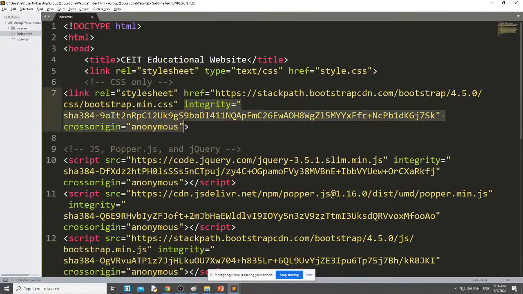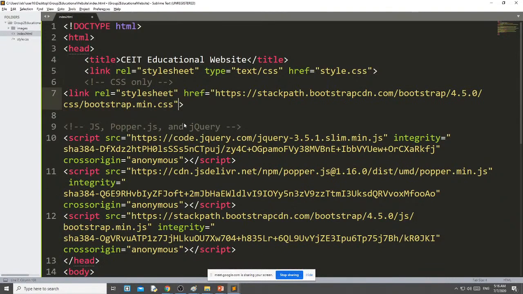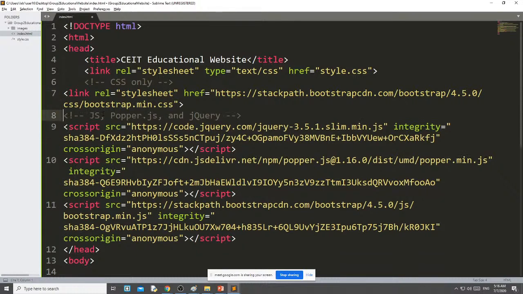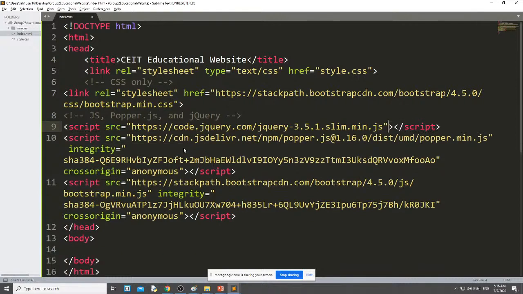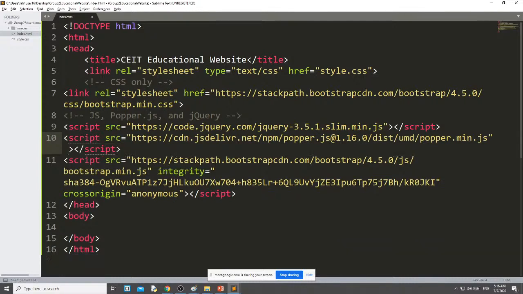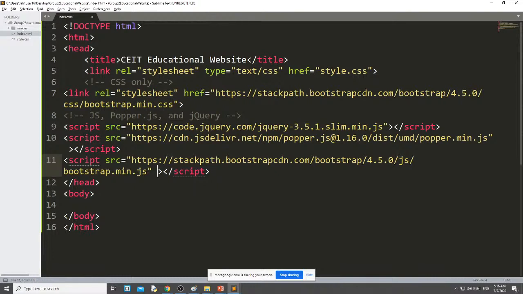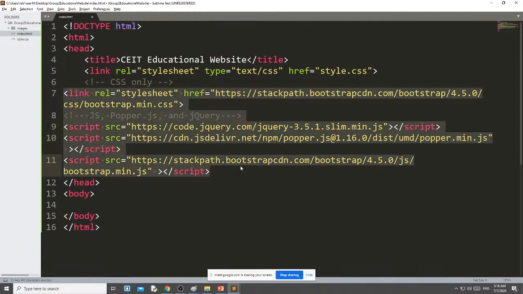The unnecessary items I just delete, because I don't want them. Okay, we have included Bootstrap using this link.